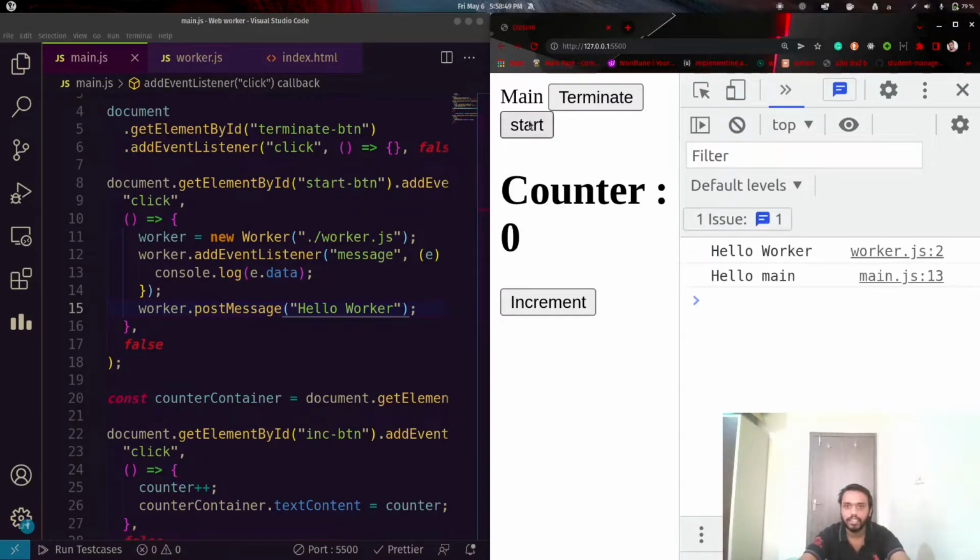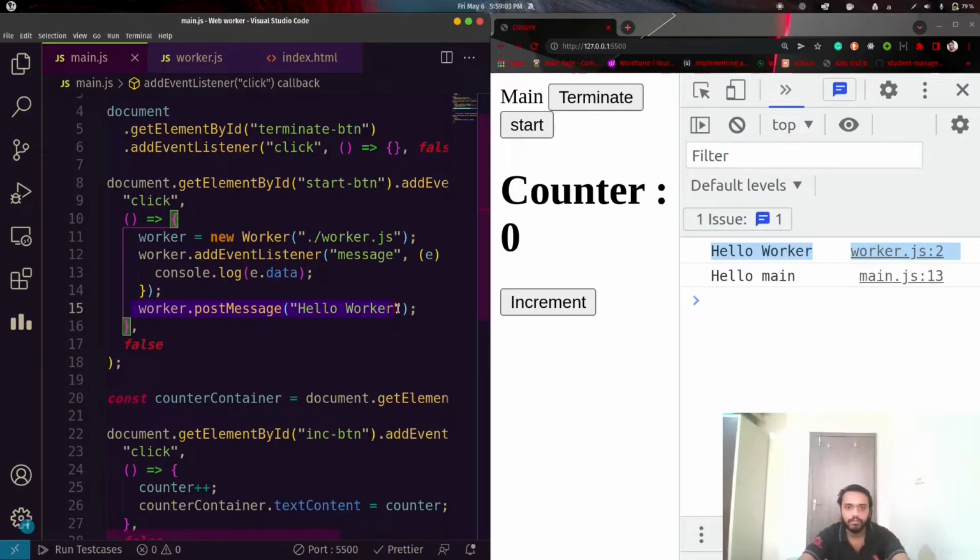If I start it, it prints hello worker and hello main, and these both run in different threads.